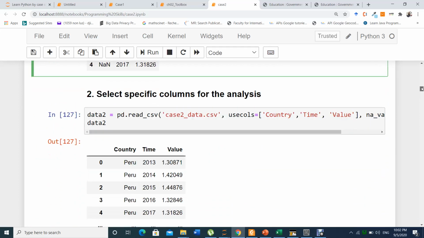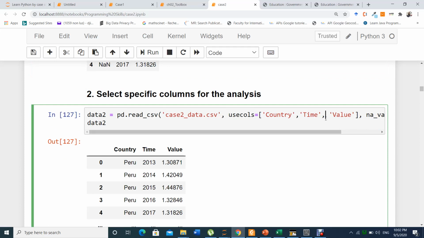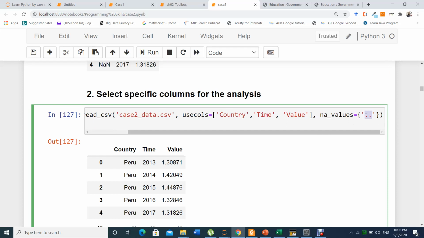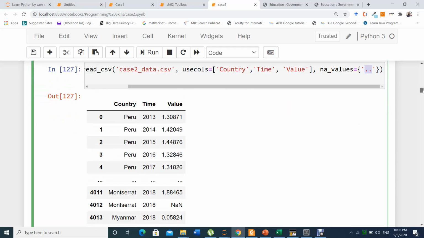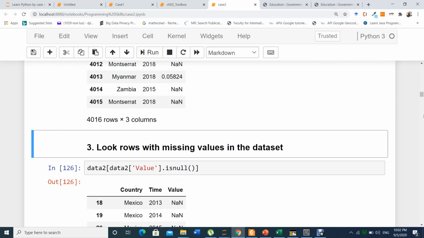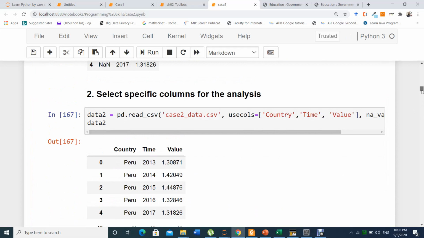Okay, with this one you have already explained it. We use a specific column you want to print. This one already uses a column name. It gives the name of the column that you want to use and the null value. For example, you can say I want to consider this one as a null value. So you select this column,